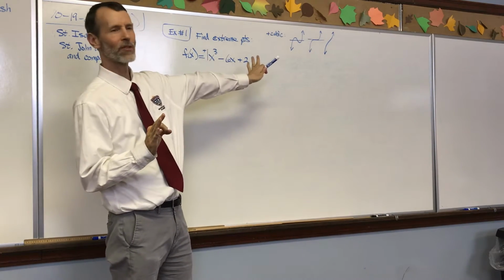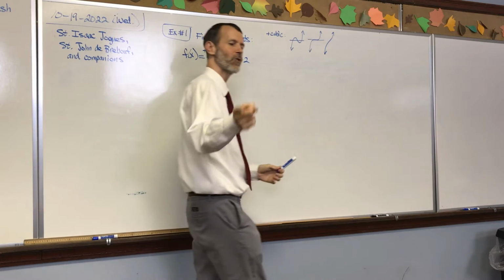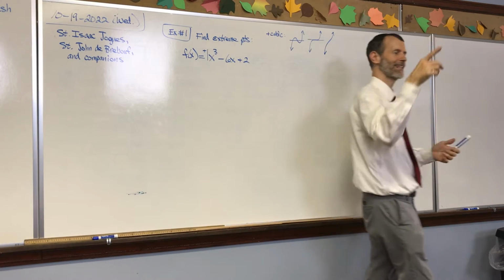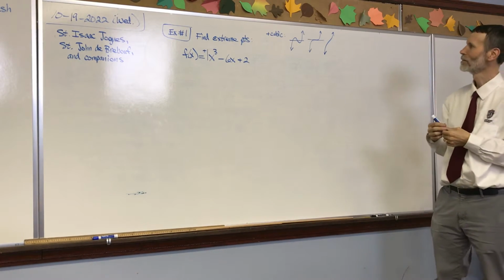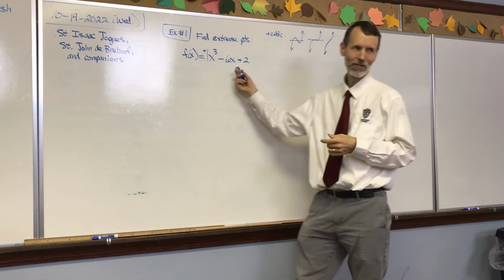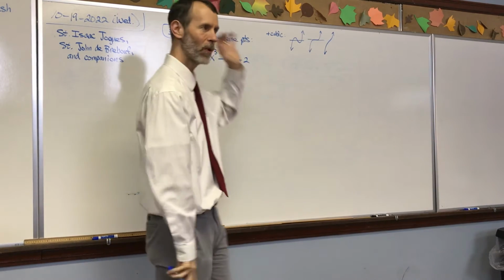So all of these are positive cubics. They all tried to go up, down, up. That's the classic shape for a positive cubic. I want to see which one this is. The reason we're worried about this,